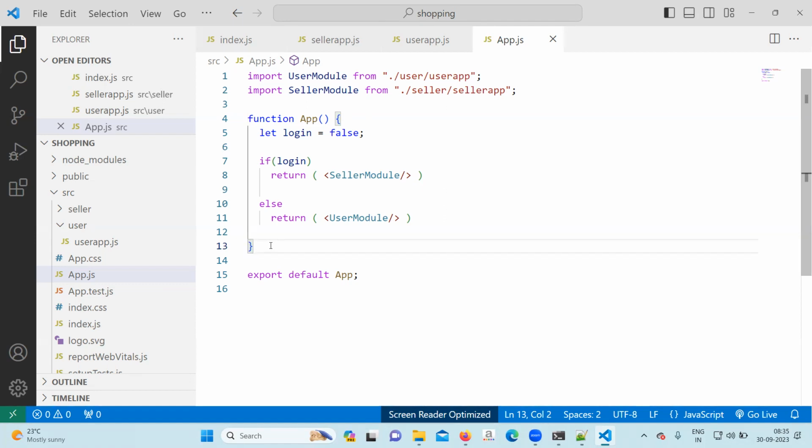Clear or not? So hope for this coming year, there should be a diary and pen in your hand. At what time? Not 3 days before and not 5 days after either. Exactly when the year is about to end. The last hour of the year. That is what time? 11 o'clock night to 12 p.m. Correct? There should be a diary and pen in your hand, and you write a commitment on the first page of your diary. Not the last page. That should be a new diary. 10, 20 rupees, 100 rupees, whichever you feel. It should be the first page of the diary where you write the resolution.